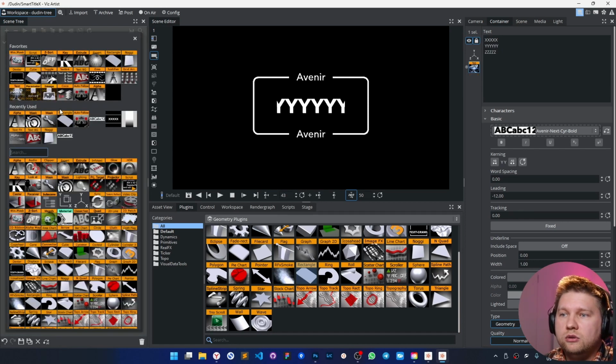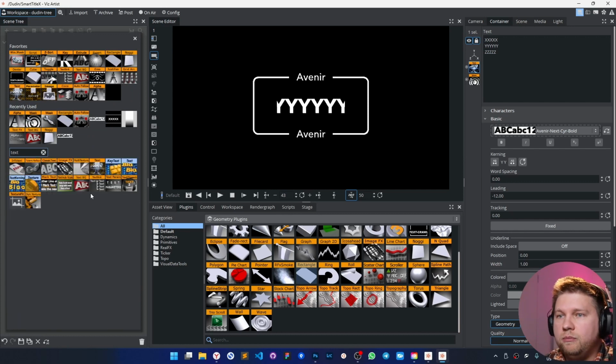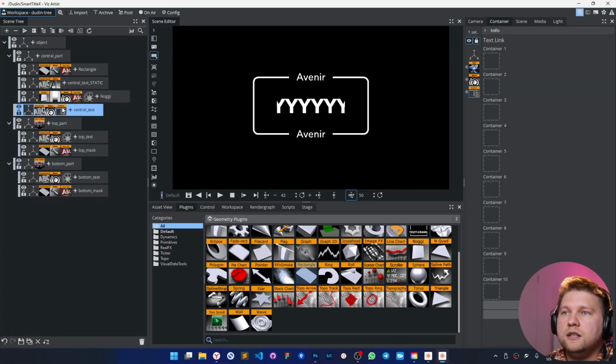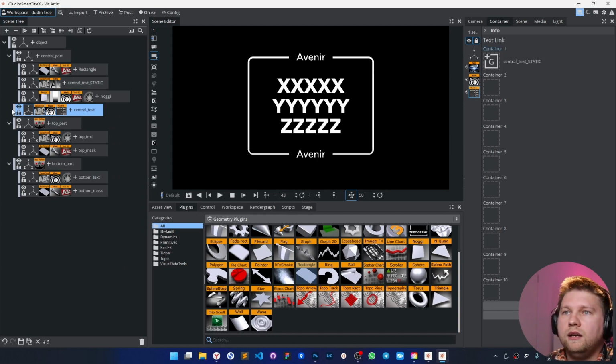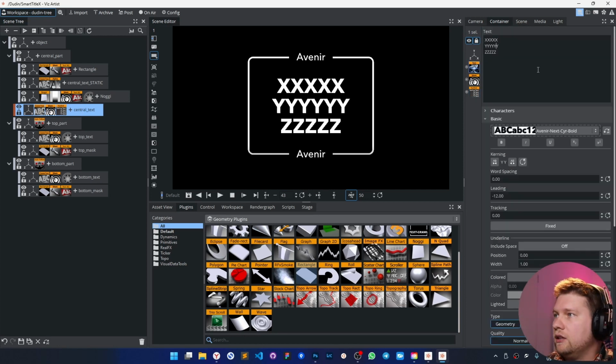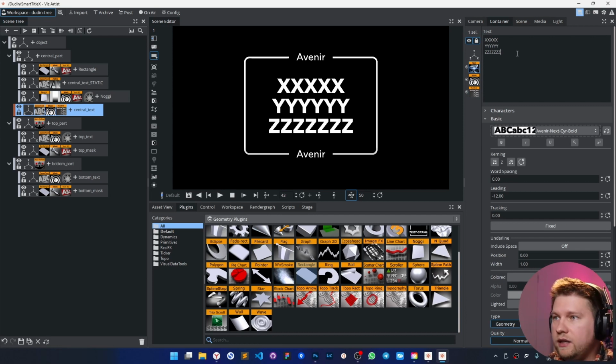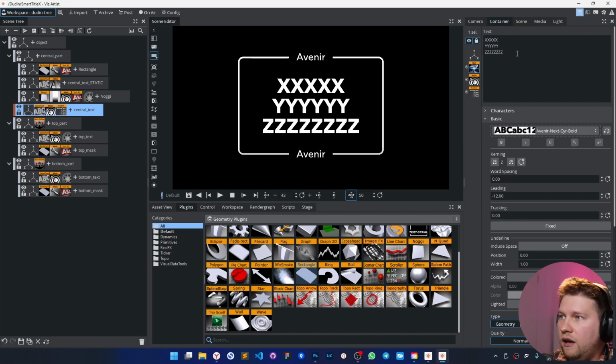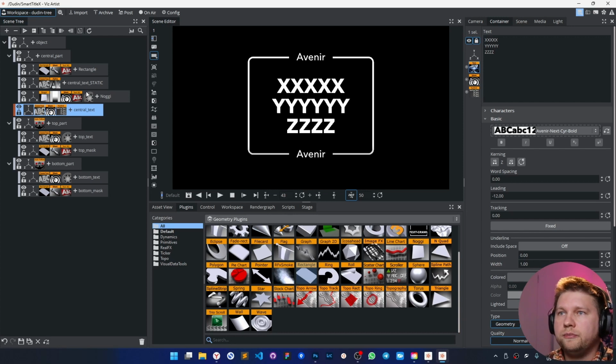So what we can do, of course, the best choice here is using the text link. Let's connect them like that and just mark this container as a main. For me, I just decided for myself, a red color. It's like the main content for this element. Okay, so now I can change the text in one place and get the behavior from 2 containers.